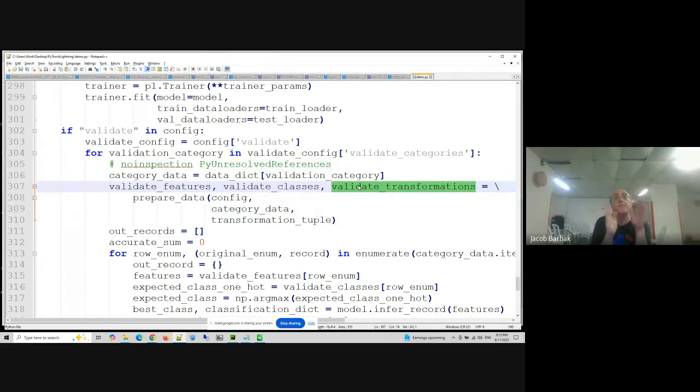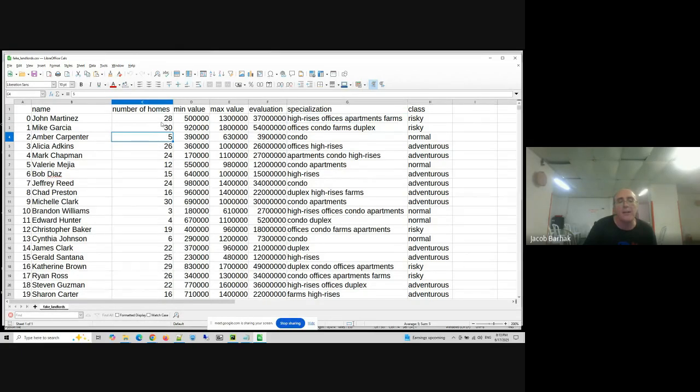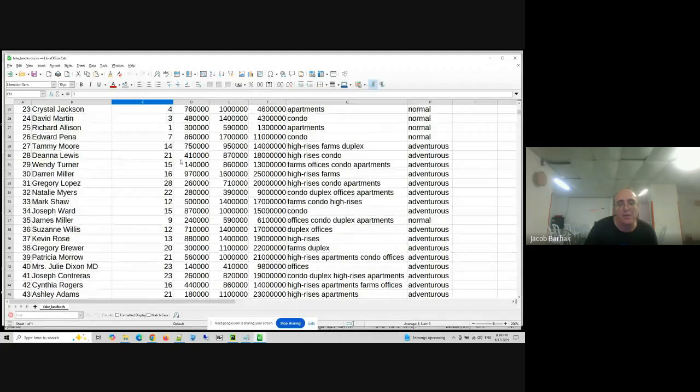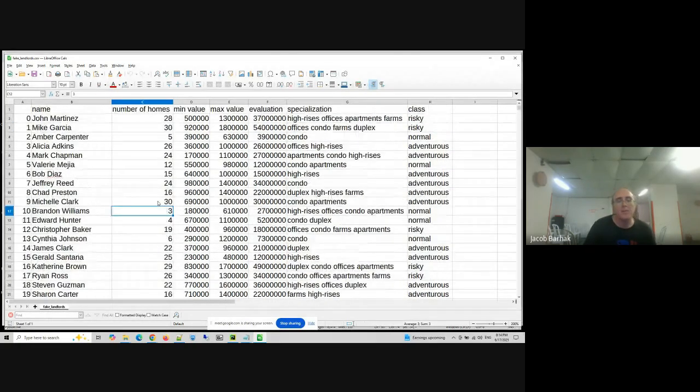Because some of the scales, for example, let's look at an example to understand why it's needed. Here you have a number of homes. Let's say it varies between 1 and 30. But when we split the data between validation and training set, then we take some of the records.